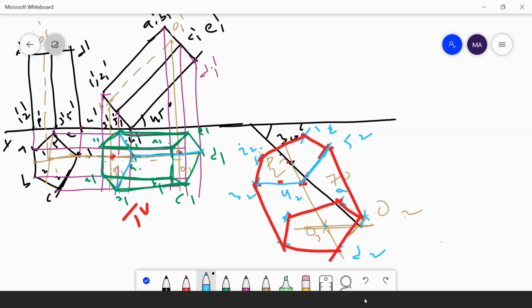Similarly, I am projecting the A point. Then I am projecting